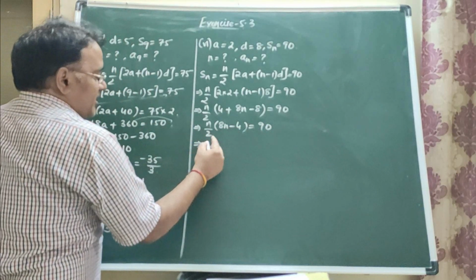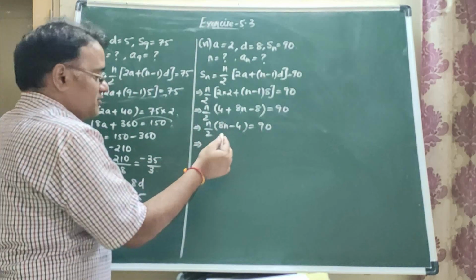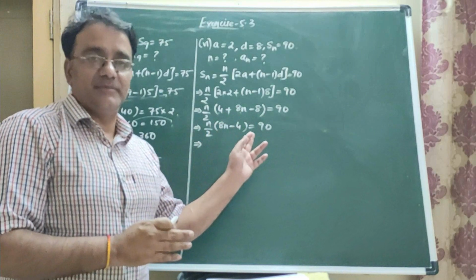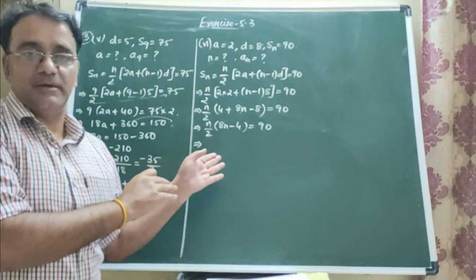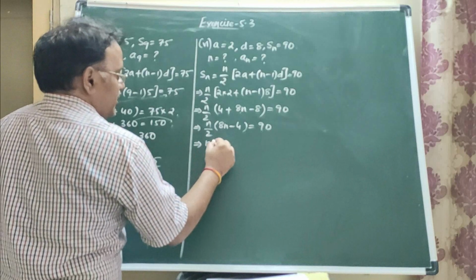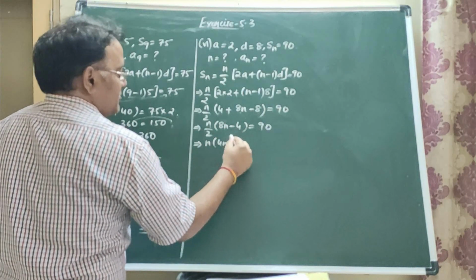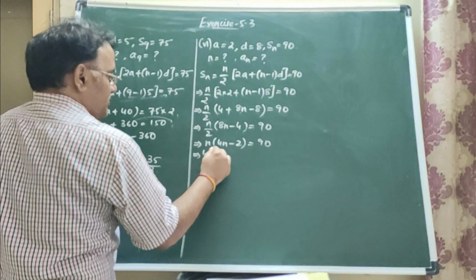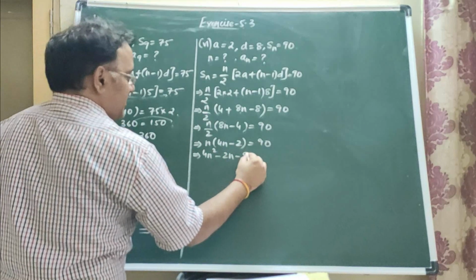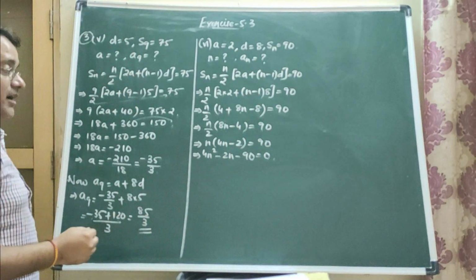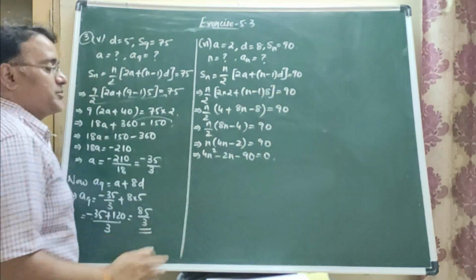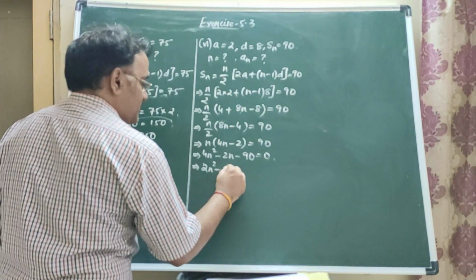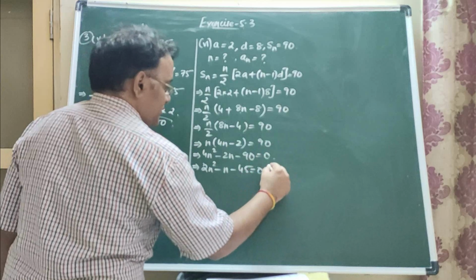So दोनों को 2 से डिवाइड करेंगे तो एक को नहीं कर सकते हम लोग. That is the wrong step. Either we can take 2 common from these two, or we can divide both terms by 2. So ये हो जाएगा 4n, and this will become 2. Now this will form a quadratic equation. 90 को इधर शिफ्ट कर लेंगे. Again divide all terms by 2. So we'll get finally 2n square minus n minus 45 is equals to 0.